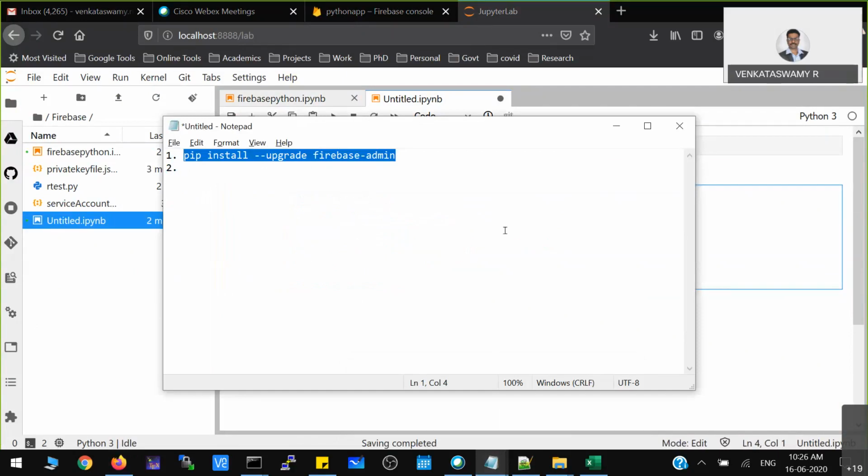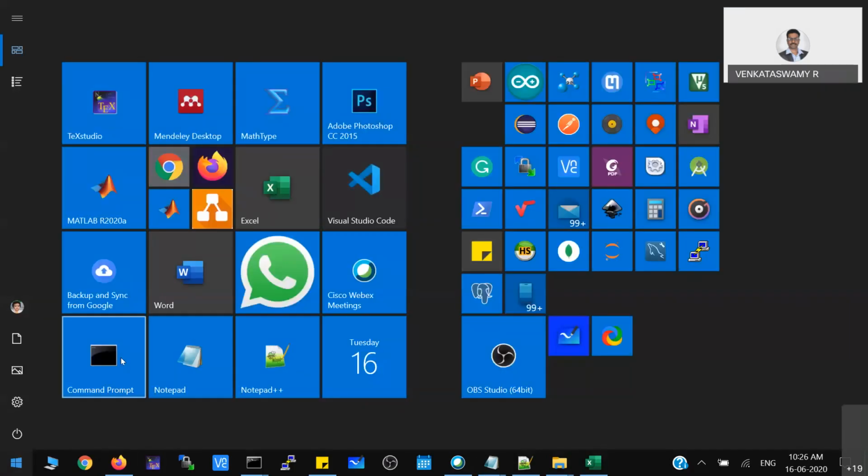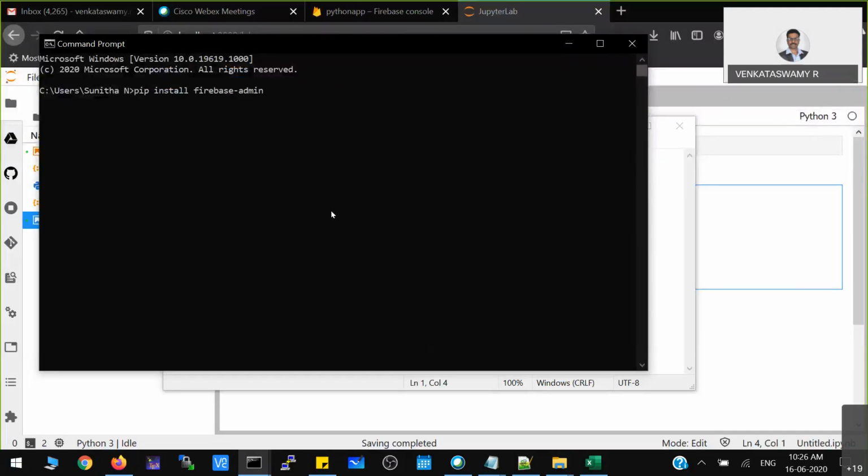Okay, you have to use pip install firebase upgrade. Otherwise you can use pip install firebase-admin. So you have to run this particular command in the command prompt. Then only that library will be installed in your machine.